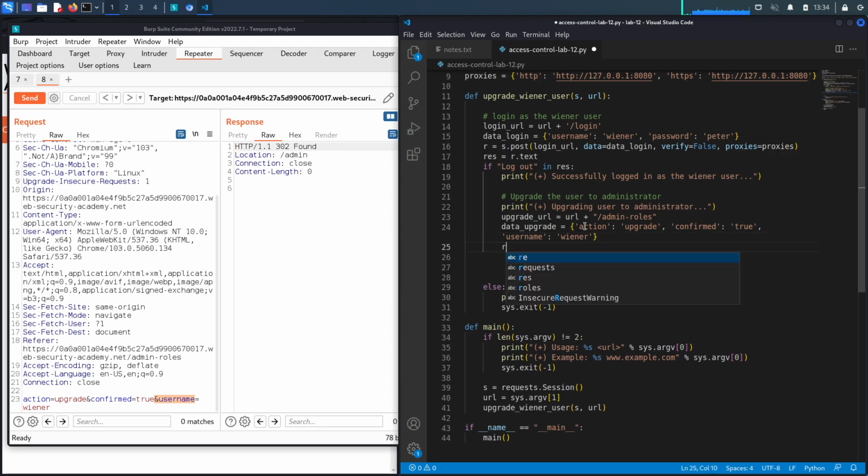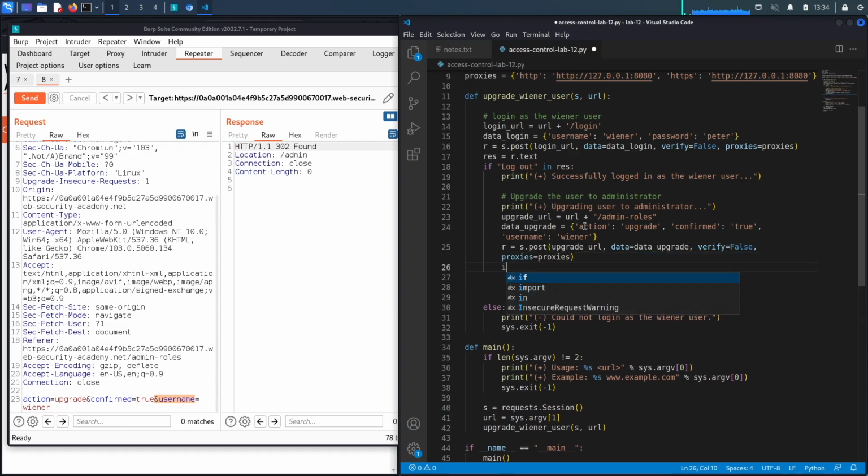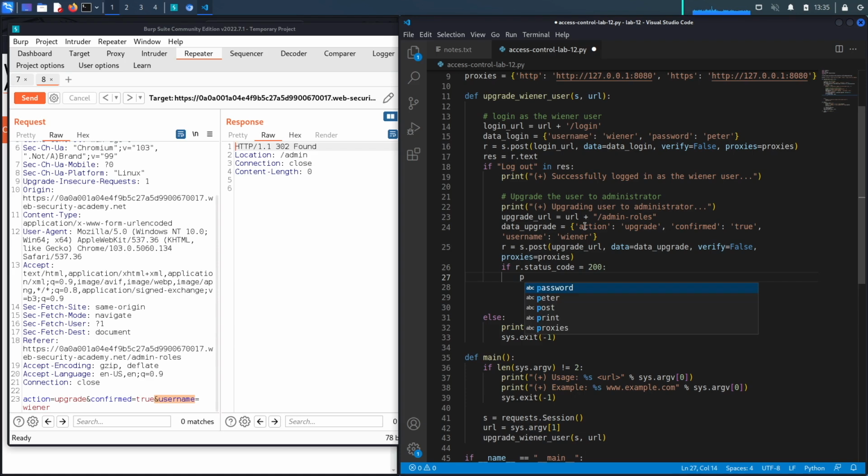Now we're ready to perform the request. So r is equal to s.post because it is a post request. It takes in the upgrade URL. And then we're going to say data is equal to data upgrade, verify is equal to false, and proxies is equal to proxies. And then we're going to say if r.status_code, so the code for the request once it's performed, is equal to 200, then print